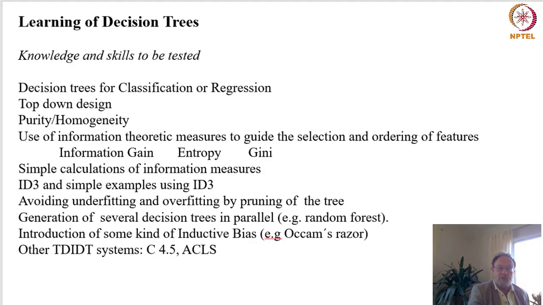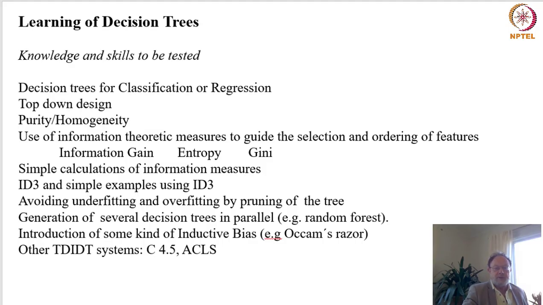We spent some time on various information theoretic measures that can guide us in how we build up the trees, and did some simple calculations on those. We also looked at this particular algorithm, which I would say is the mother algorithm in this realm, called ID3,